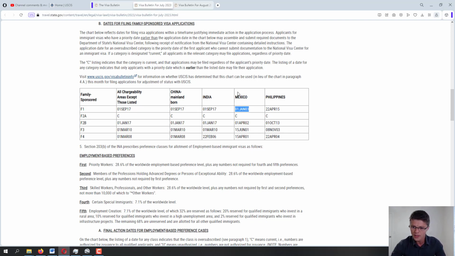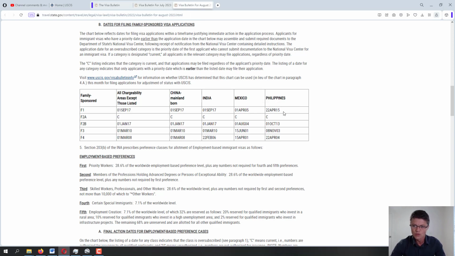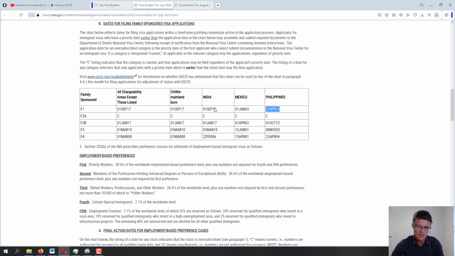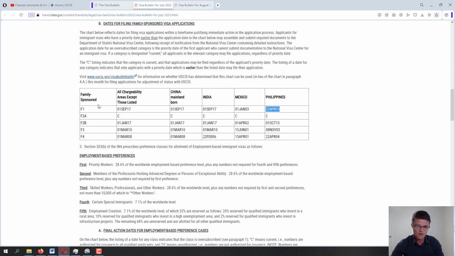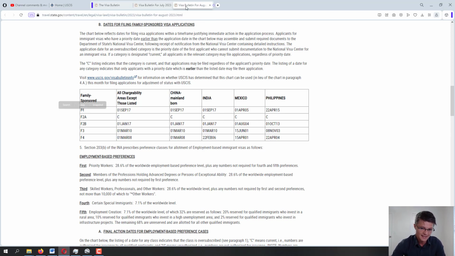Okay, so looking at Philippines now, April 2015 and August, no movement. The only positive movement we've seen on graph B was for Mexico from January 2003 to April 2005. Now moving further to the F2A, it's showing current for all of the chargeability areas,